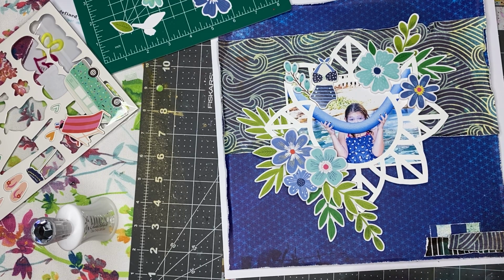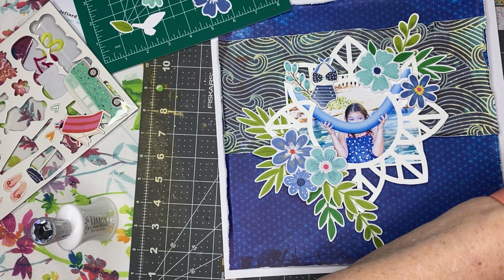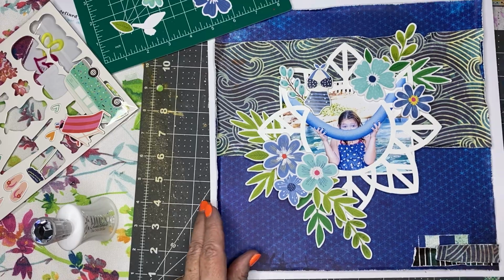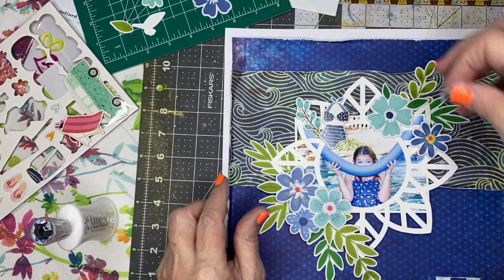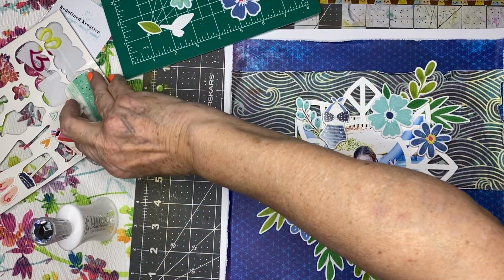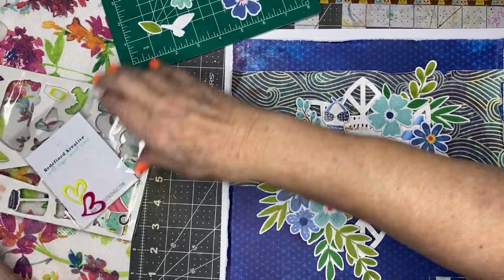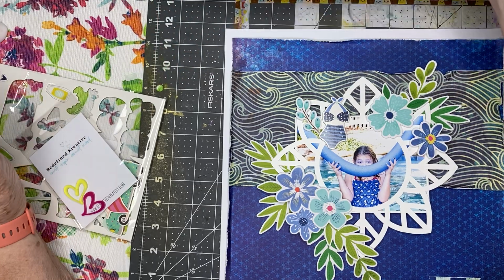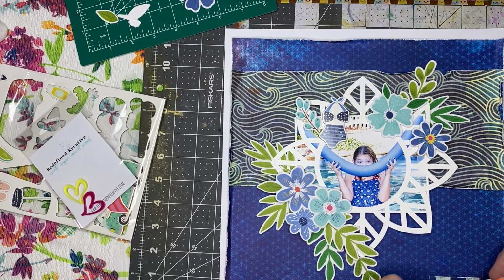And where did my turtle go? I've kind of lost my turtle here. One doesn't really want to lose one's turtle when it's one of my favorite parts of the layout. And boy, this is embarrassing. So, no turtle. We'll do without the turtle. We will go with this